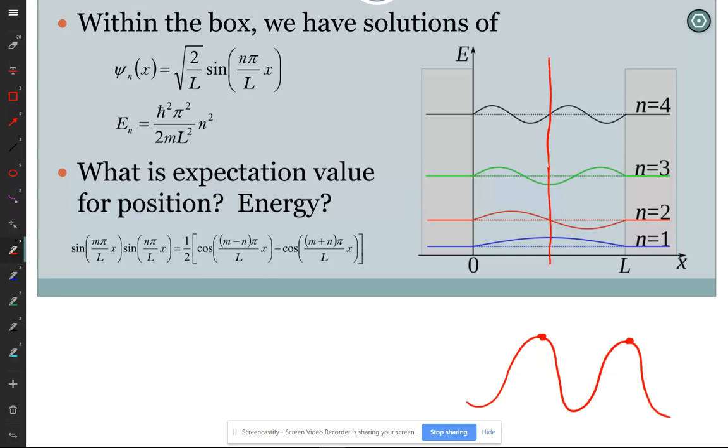If we do the expectation value for energy, well, actually, it would be expectation value of kinetic energy because potential energy is 0, right? So it would come out to be the same, except for, I think one of you did this. You calculated the expectation value for kinetic energy instead of kinetic energy. It comes out to the same value because this is a function of the energy operator, or the kinetic energy operator. The kinetic energy operator acting on this wave function gives us an observable, the kinetic energy times the wave function. And then when you do the expectation value calculation, you're going to have,